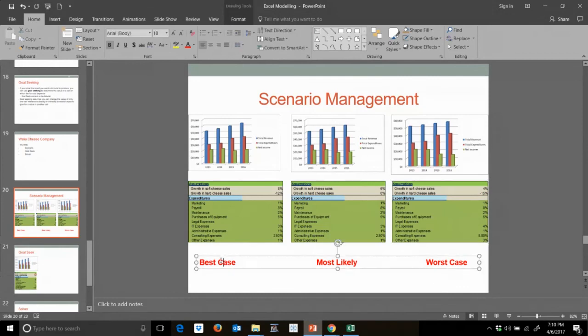In our best case, growth in soft cheese is going up by 8% and hard cheese is only minus 12%. And based on those numbers, in our best case, this is our revenue. In our most likely case, this is our revenue. Worst case, this is our revenue. So you are now connecting your data analysis with data visualization, which